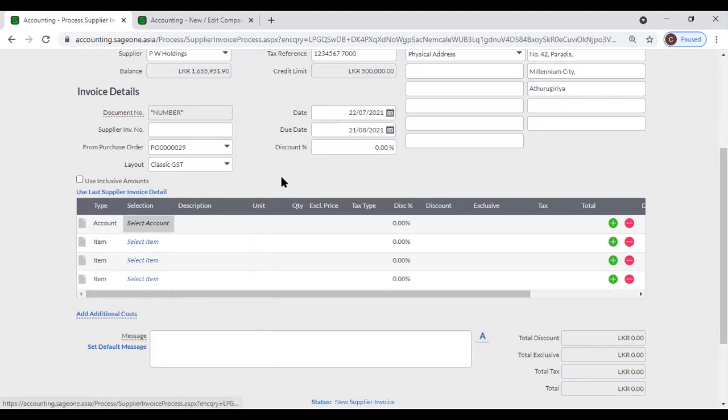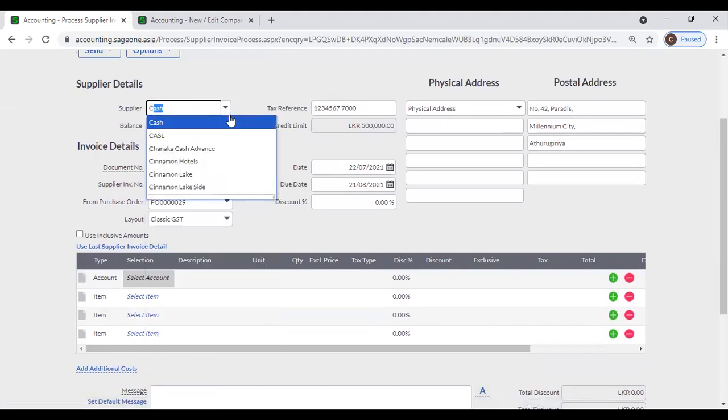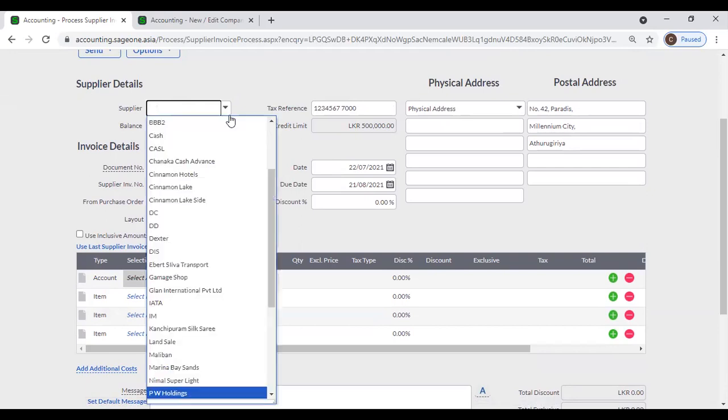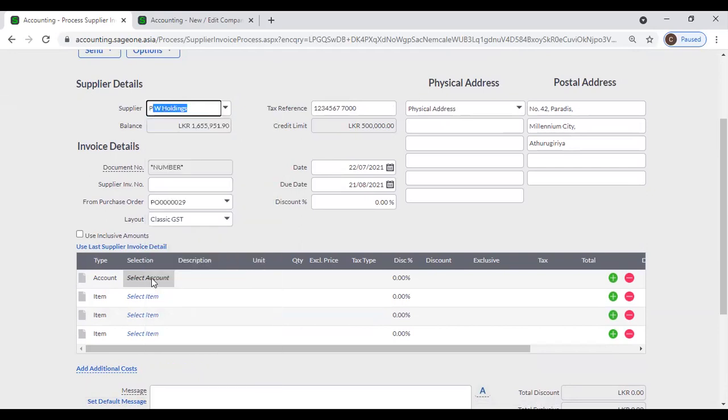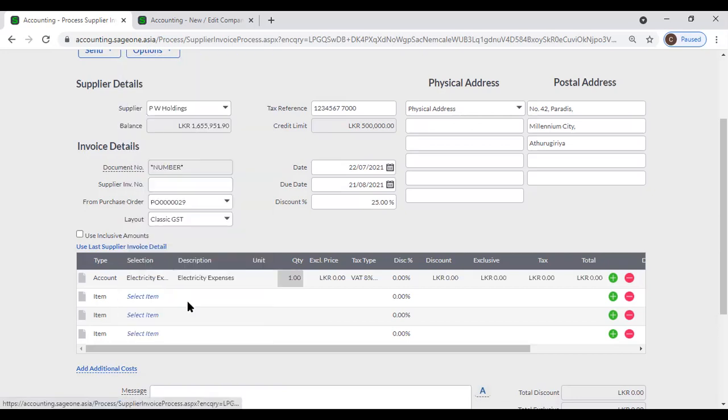Now for an example, if you want to enter electricity income, then you can select that electricity expense account here, and you can enter the amount for that